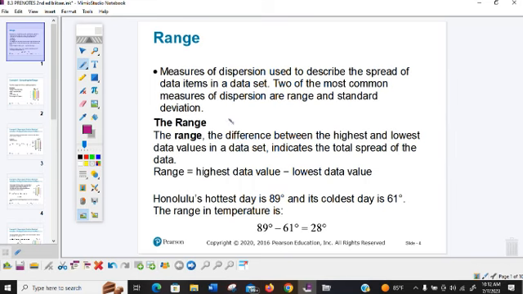So the first one we're going to look at is the range. Now the range is the highest value minus the lowest. What is the range for your data set? So Honolulu's hottest day was 89. Its coldest day was 61. So the range would be 89 minus 61, which is 28 degrees. So it tells how spread apart it is. It doesn't tell any averages. It just tells how spread apart the data